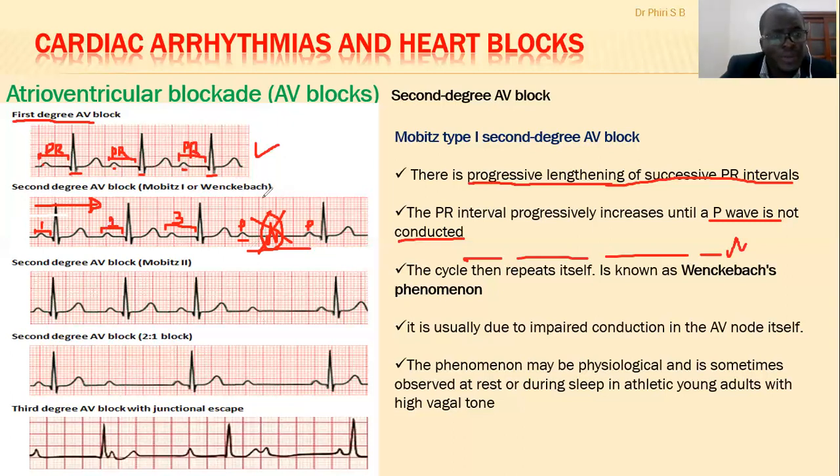The easy way to remember this is the phrase "longer, longer, then a drop." If you say longer drop, meaning that the PR interval is becoming longer, then you have a drop in QRS complex, then this is called Mobitz type 1,